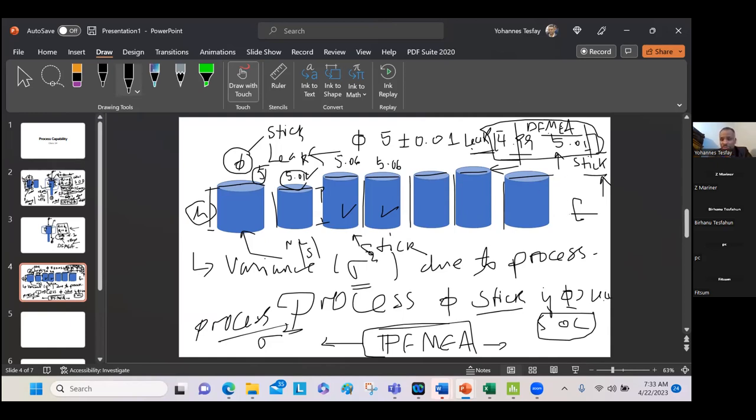Now based on this design, I'm going to try to produce them. When I produce them, I might have this variance. So that variance is going to be the enemy now. This variance. So PFMEA is how to control those severity,